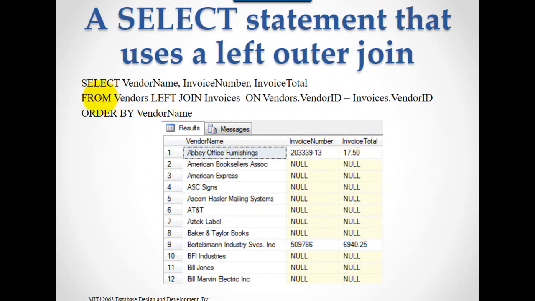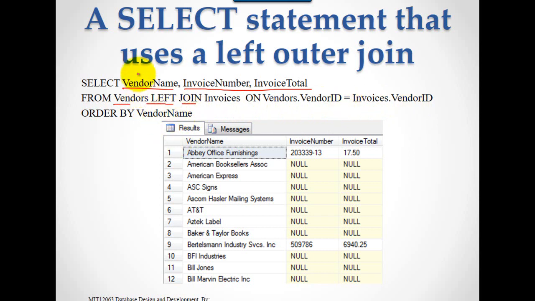A sample syntax is: select vendor name, invoice number, invoice total. There are two tables: vendor name is from the vendors table, and this is from the invoices table. From vendors, left join invoices on vendors.vendor_id equals invoices.vendor_id. You know this, right? But here we have mentioned left.